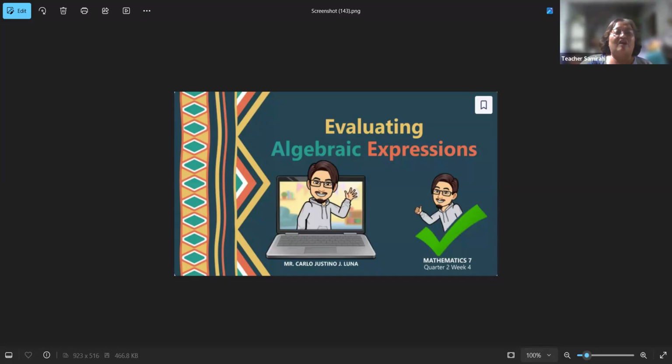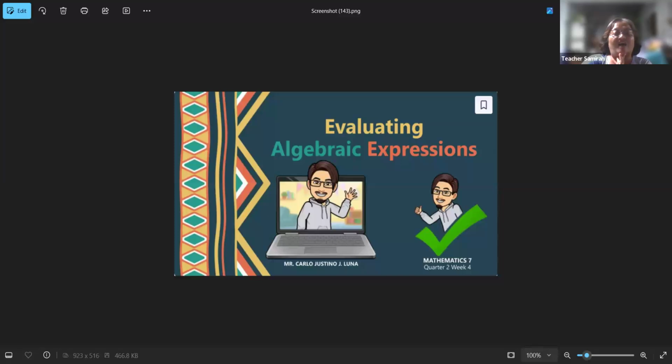So these are all the terms in relation with algebraic expressions. One is constant. What is a constant? A constant is a symbol that has a fixed value. What are the examples of constants? The examples of constants are all numbers, all numerical values: 1, 2, -1, -2. These are all constants. So they have this fixed value.